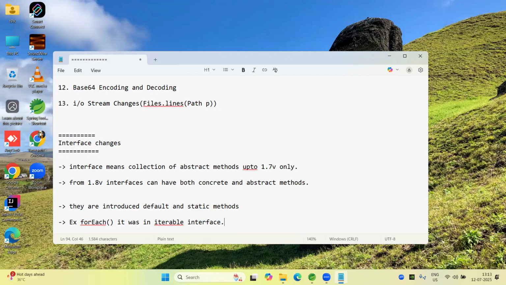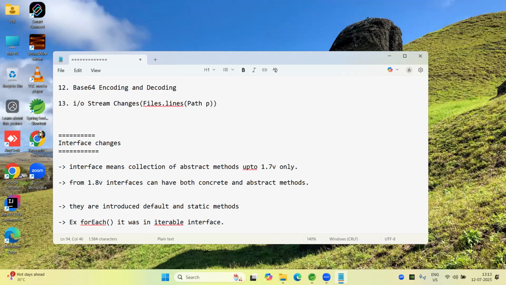From the Collection interface, the List, Queue, and Set interfaces extend properties. From these three, there are some implementing classes: for List, ArrayList, LinkedList, Vector, Stack; and for Set, HashSet, LinkedHashSet, TreeSet; for Queue,